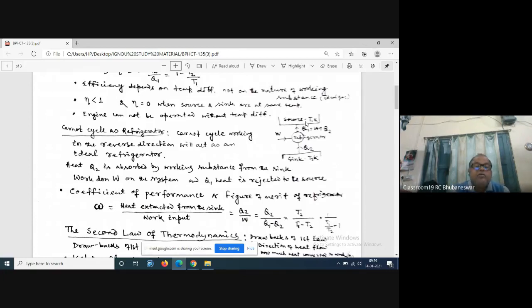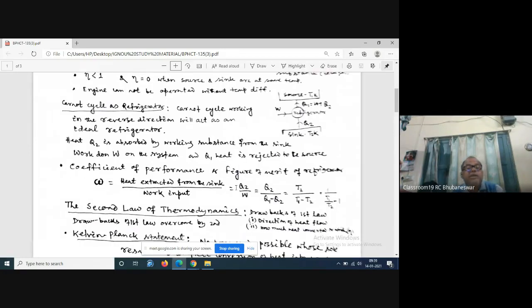That we write here also. Heat Q2 is absorbed by the working substance from the sink, work is done on the system, and Q1 heat is rejected to the source. In this case, we define a term, coefficient of performance or figure of merit of a refrigerator, and that is defined as